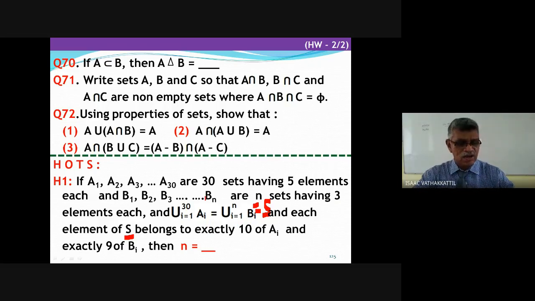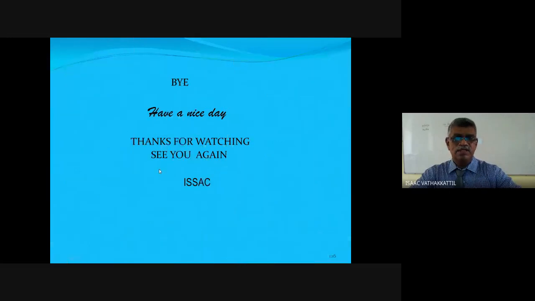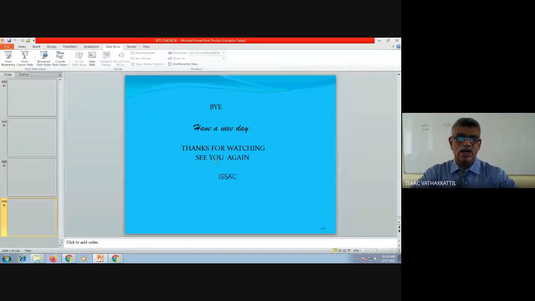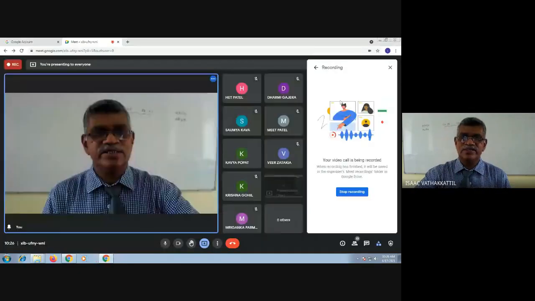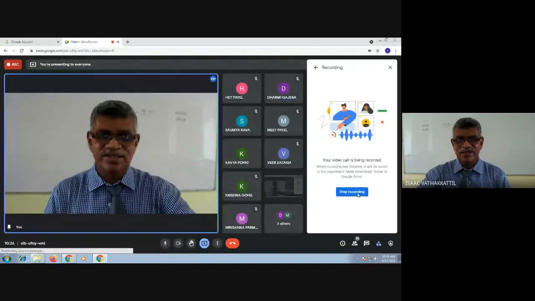Well, it is a higher order thinking skill question. If you get it, well, you answer me. And the other questions you answer. And in the meantime, you make complete notes. We are going to wind up set theory by tomorrow. If you have difficulties, you can tell me in between or even later also, no problem. But keep working. It's not time to take rest.